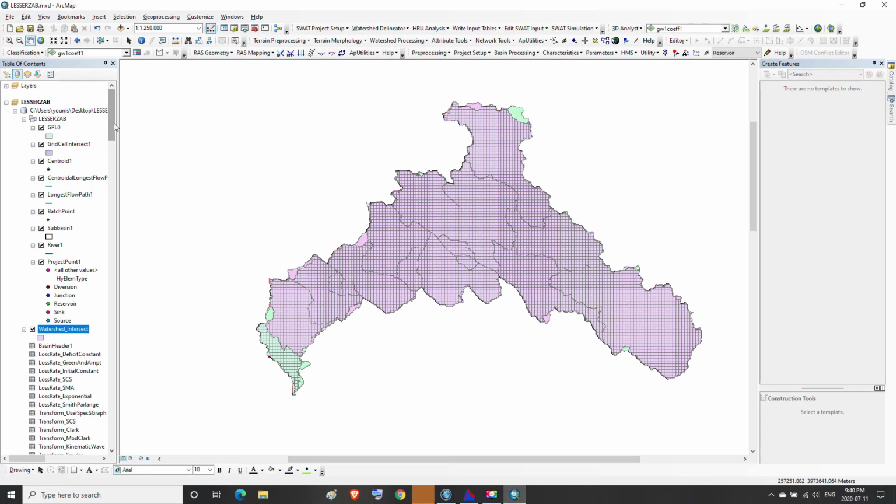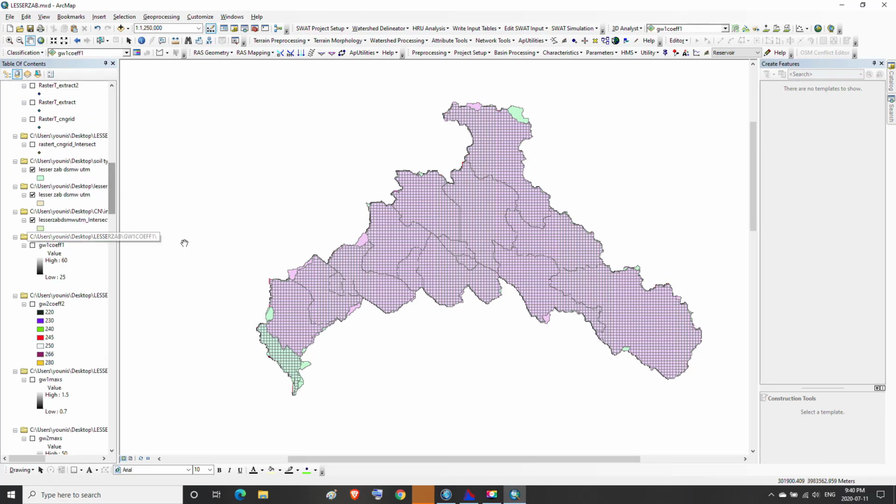Then we return to the ArcMap, and there is still the GW2 coefficient parameter that we did not create a HEC-DSS file for.